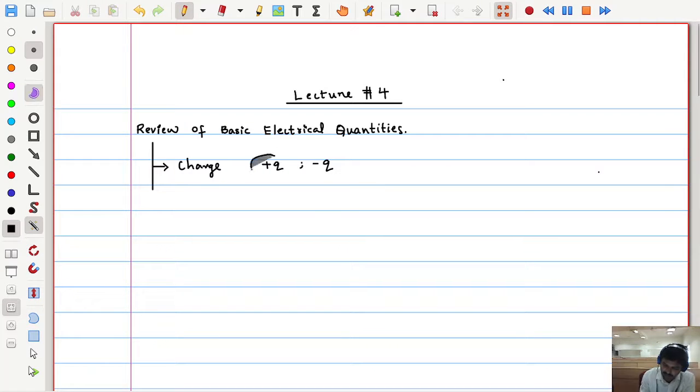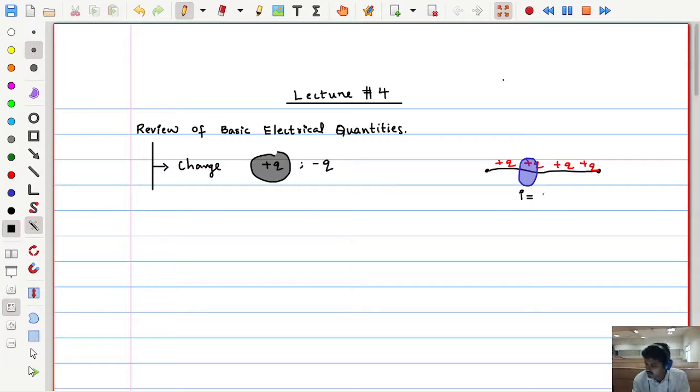So that you remember this: this is our main reference direction for the measurement of current. So if we see this charge moving from one point to another point, in this process, let us say from here to here, we would like to expect some charge plus q moving. This rate of movement of the charge, in this particular conductor or any medium, we can call a current I. So I is defined as dq by dt.